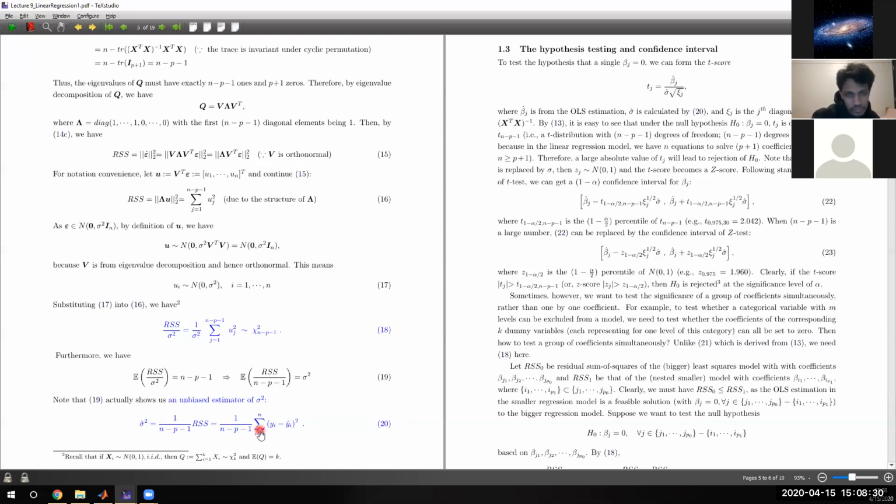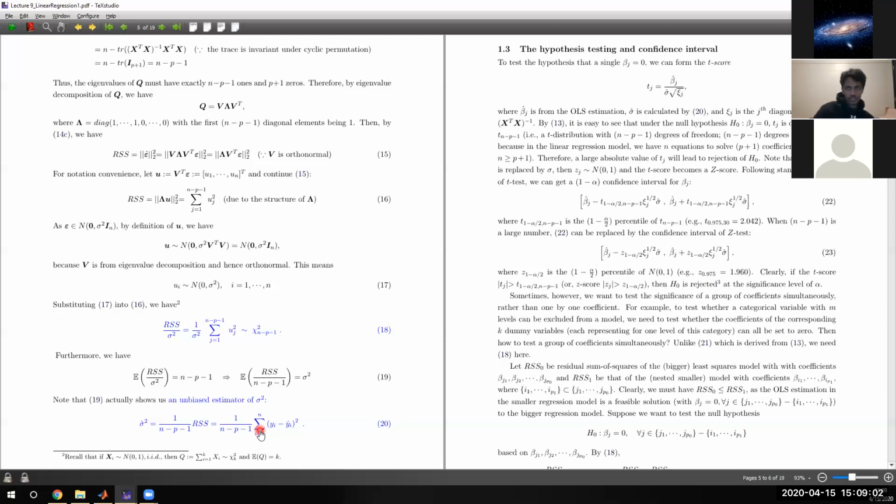However, if you have this book, the ELS, you go there and you're going to see, let me see which chapter, chapter 3.2.2. By this Gauss-Markov theorem, it tells you that the least squares estimator has the smallest variance. So this tells you that the LS solution is a very good solution, which gives you the smallest variance